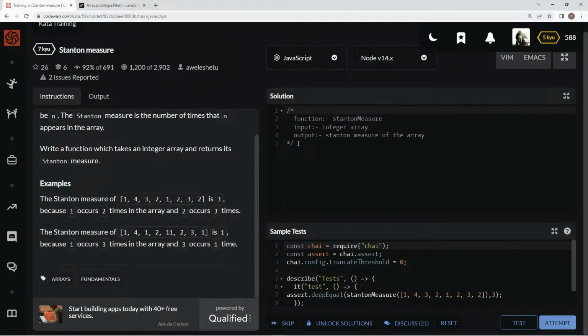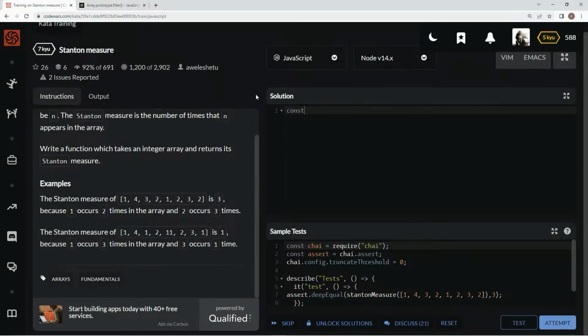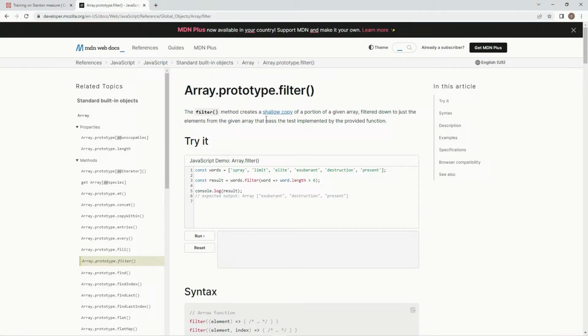All right. So over here, what we're going to do is we're going to just say const Stanton measure equals array, and there we go, because what we're going to be given is an array like this. All right, so for this one, we're going to say down here console.log, so it's easy to test. And what we're going to use is this filter method right here,